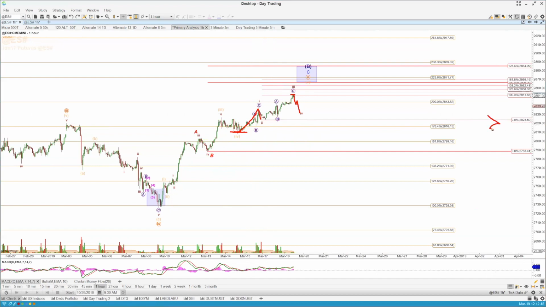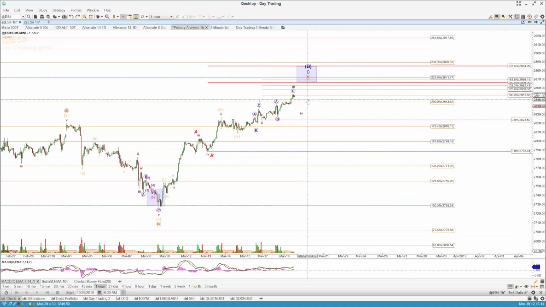2823.5 is the critical support, upper support in the ES now. If we take that out, then we need to start to consider that we may have the local top in place. Obviously, then we've got to get back through the lower support levels to confirm the magnitude of that top. But the initial level,